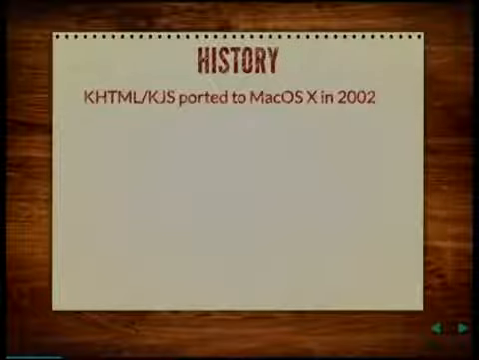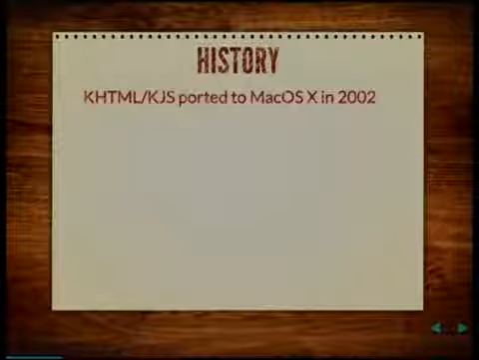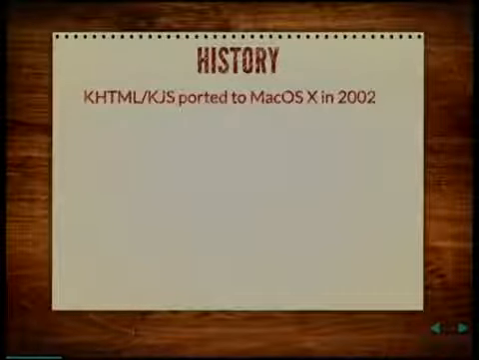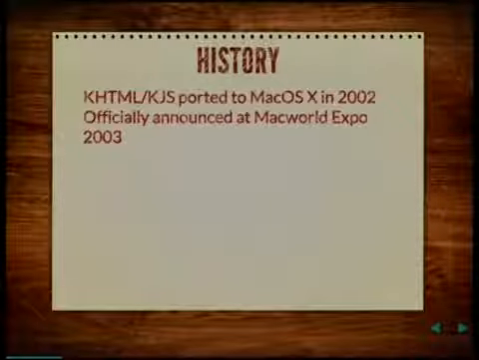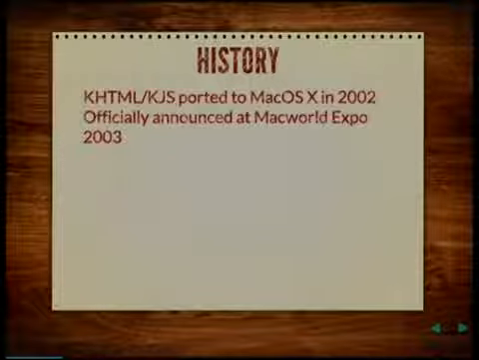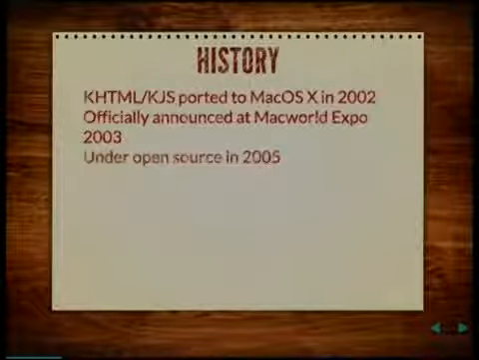So a short history. WebKit is actually based on KHTML and KJS, two projects from the KDE guys, 2,000 years ago, whenever they developed it. I think 1998, so nearly. And Apple ported it to Mac OS X in 2002, and announced it officially at the Macworld Expo 2003. Later in 2005, it was also